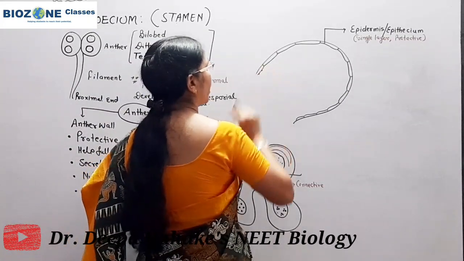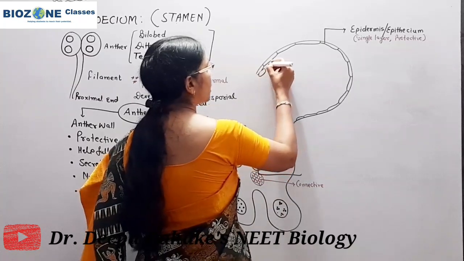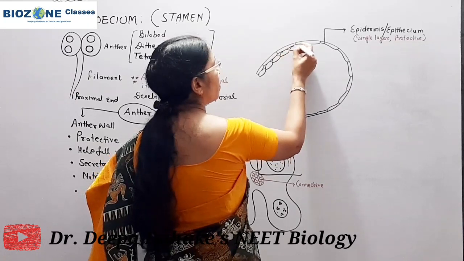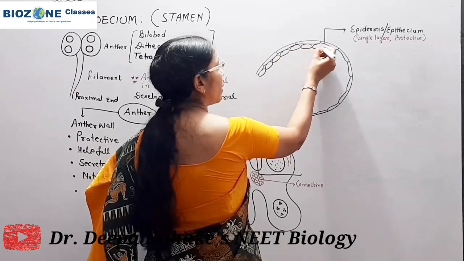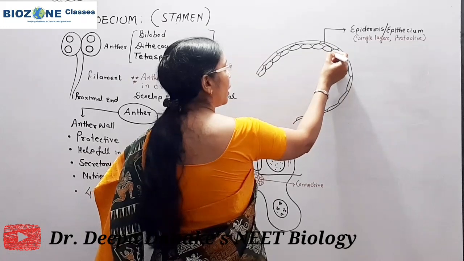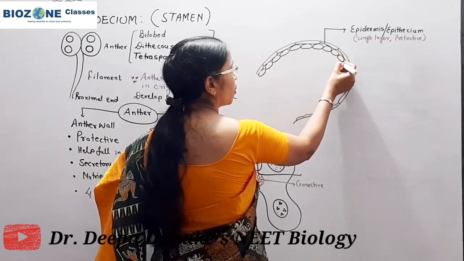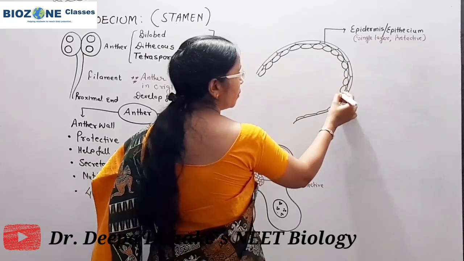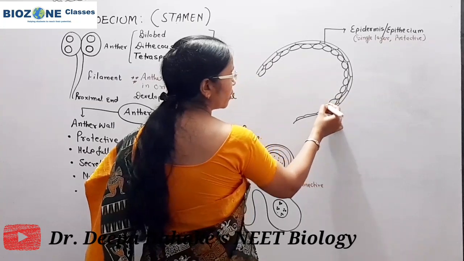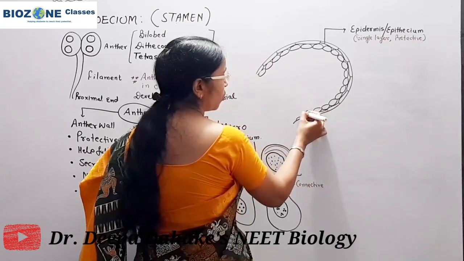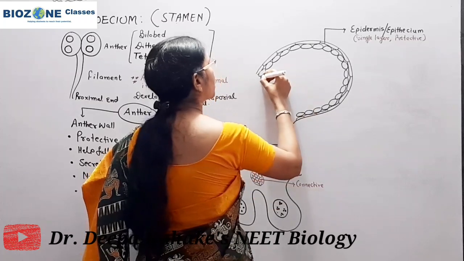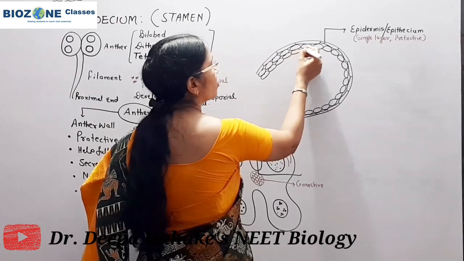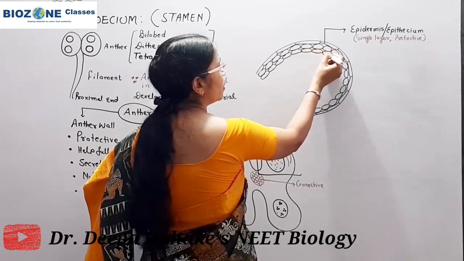Epidermis is followed by the second layer. This second layer is generally made up of oval shaped or barrel shaped cells. The shape of the cell you clearly remember, either oval shaped or barrel shaped. And secondly, this layer is double layer in thickness. That means two layers of the second layer are available. So such an arrangement is there.